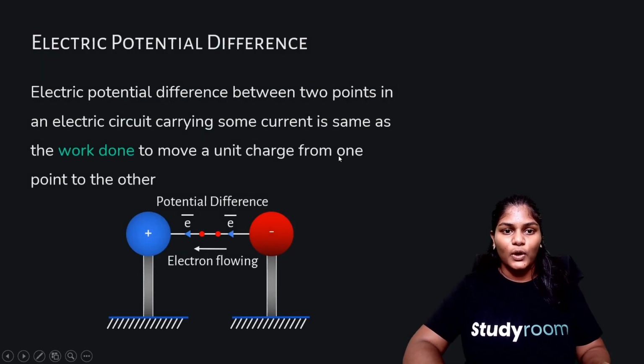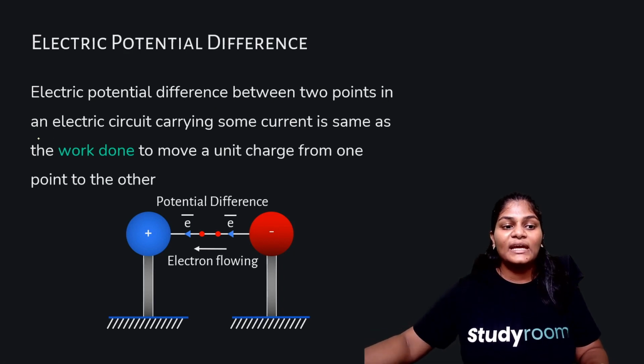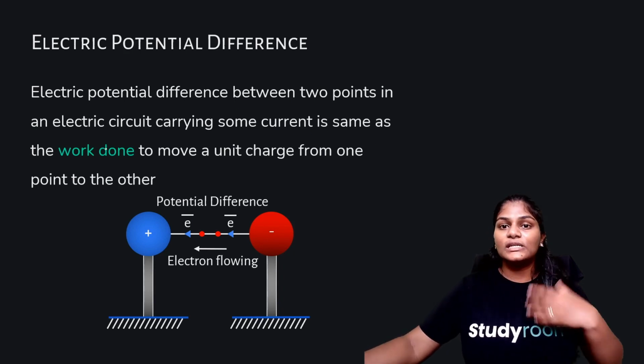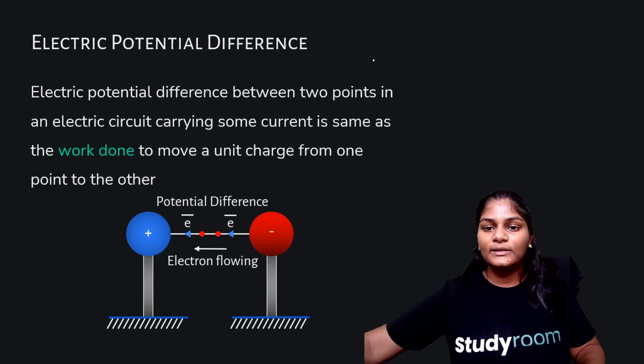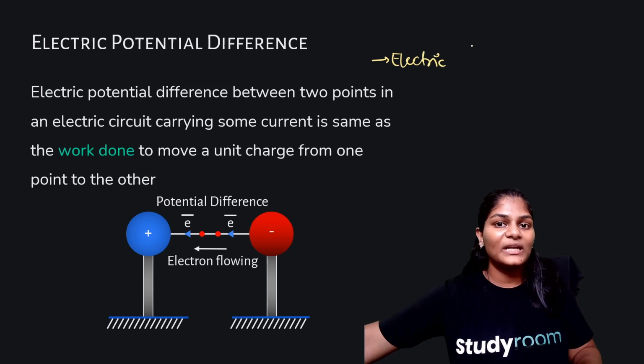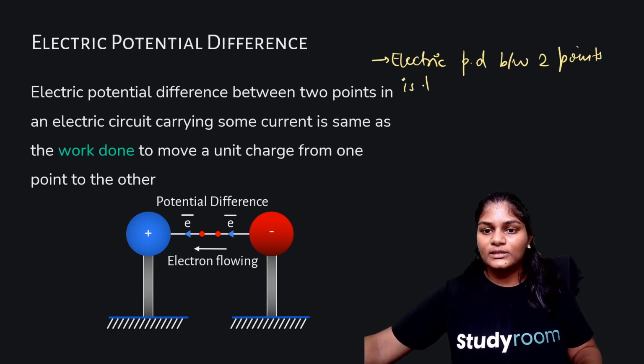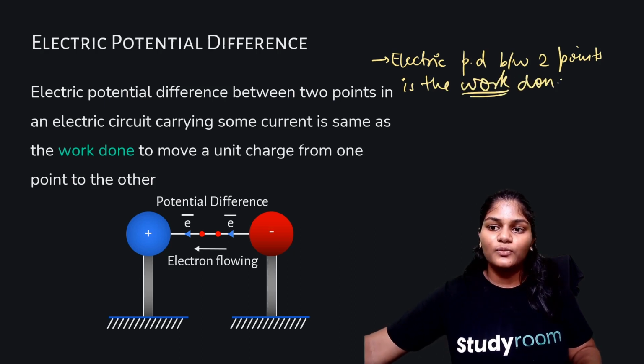Okay, moving on. Now we'll read further that the electric potential difference between 2 points in an electric circuit carrying some current is the same as the work done. This is an important definition. I'm going to use the short form PD for potential difference, but you will write it completely. Electric potential difference between 2 points is the work done. Work is an important concept here. You've studied about work in previous classes. Is the work done to move